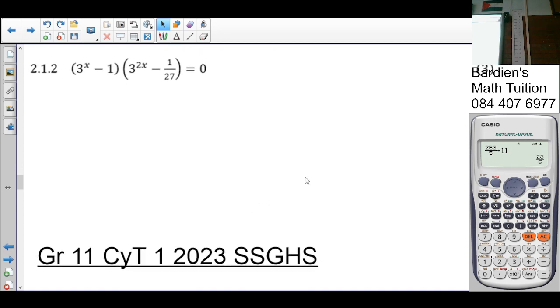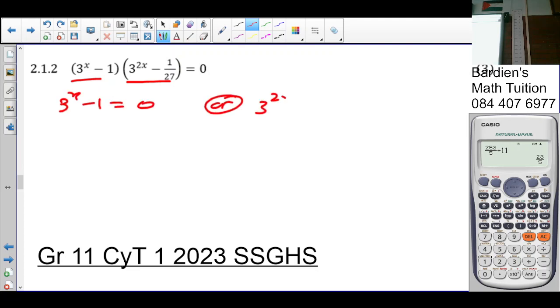Right. People, this one here. Don't multiply this out if it's already equal to 0. It's already factorized for you. Now if you multiply it out, you get some other mess, and then you try and factorize it and you get further away from the truth. Okay, you use half a page and 20 minutes of your time. Okay. People, 2 factors. The zero factor rule: 3 to the x minus 1 is equal to 0,